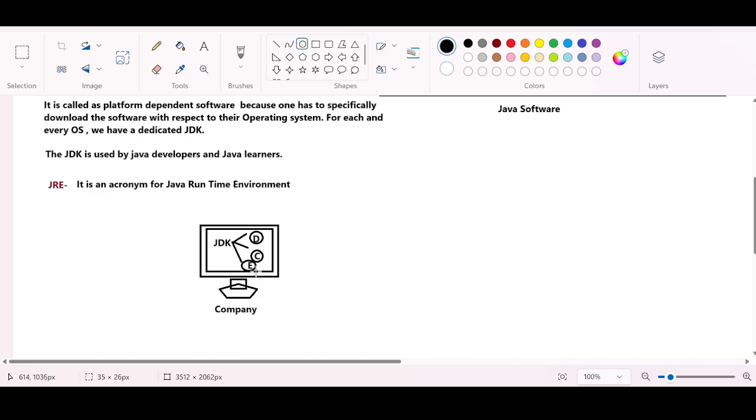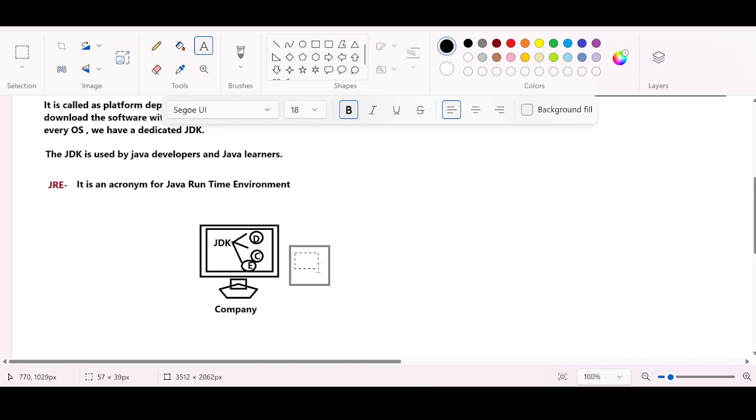Right? If the application is working successfully, you want to share this application to the client. Okay, but you don't share the source code always. You don't share the source code because source code is always secured. You keep the coding information very secured. You don't share your development work. Instead, you would share the .class file. You generate a .class file, and you share this .class file, which is also called the executable file, or